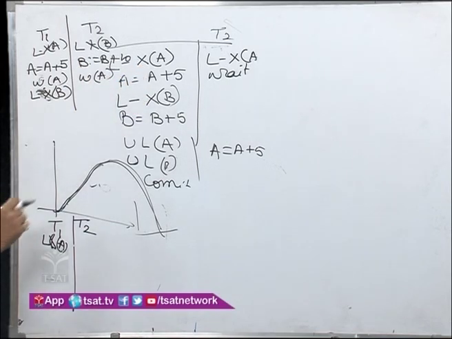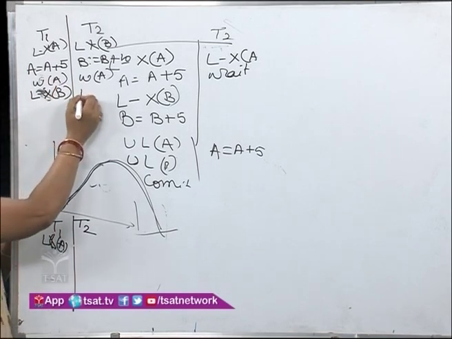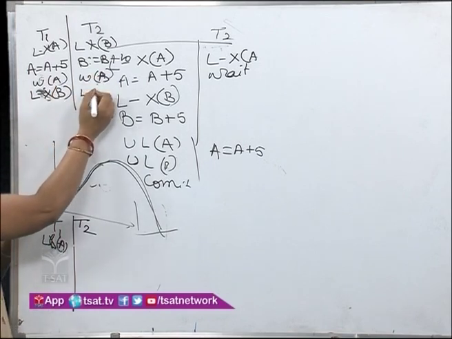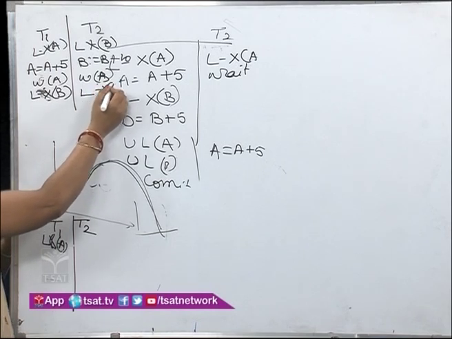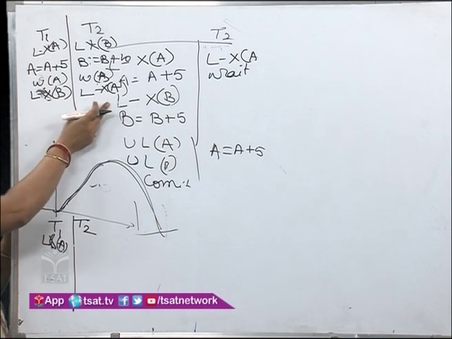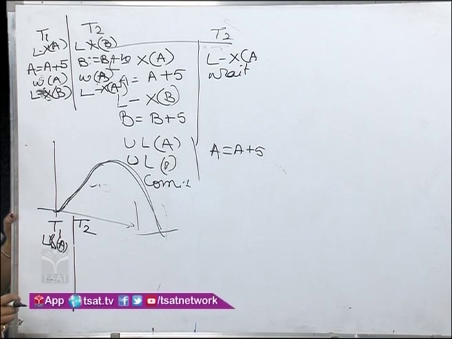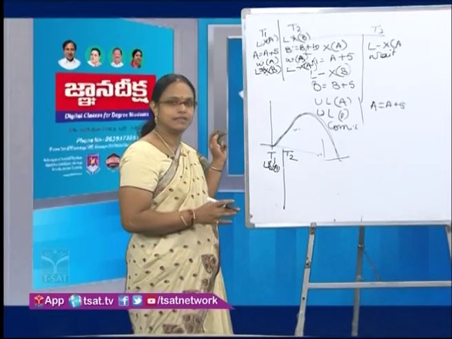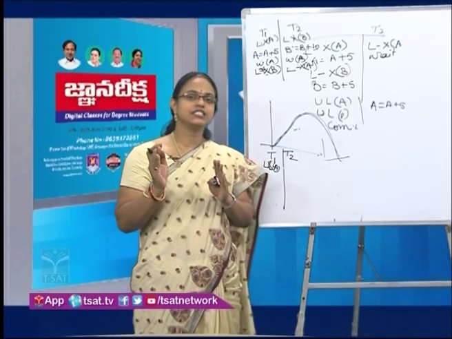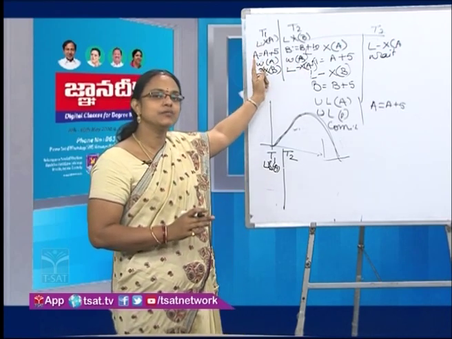Now this teacher also wants to change the marks of A. So now this transaction will apply an exclusive lock on A. This lock also will not be granted, because A is already held by this transaction T1. Right. So what happens here? T1 is waiting for T2 to release B, and T2 is waiting for T1 to release A.